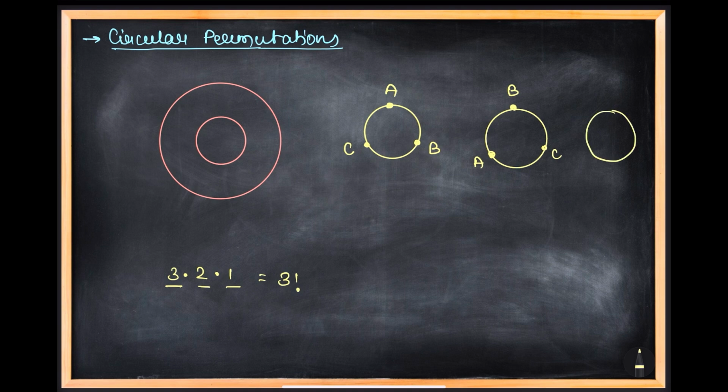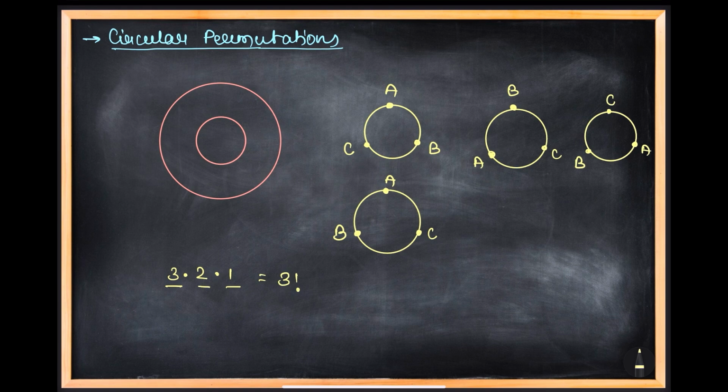Now look at this. Suppose that right now A is here, C is here, and B is here. Again they will observe themselves and they will say, sir, it is the same. Okay, now look at this. Now suppose that we are permuting them in this order: A, B, and C. Now if you ask, they will say, sir, it is different,